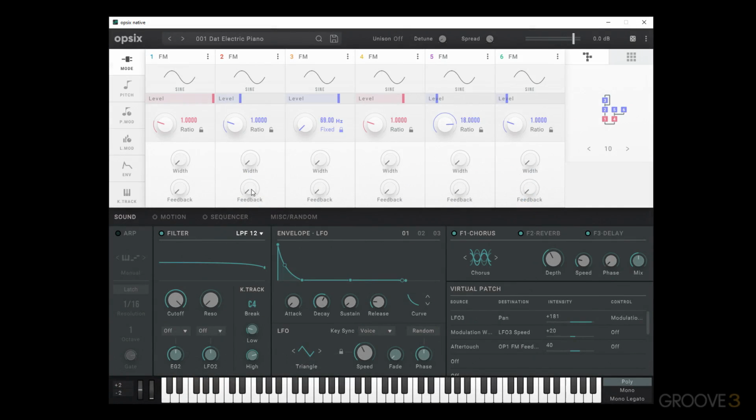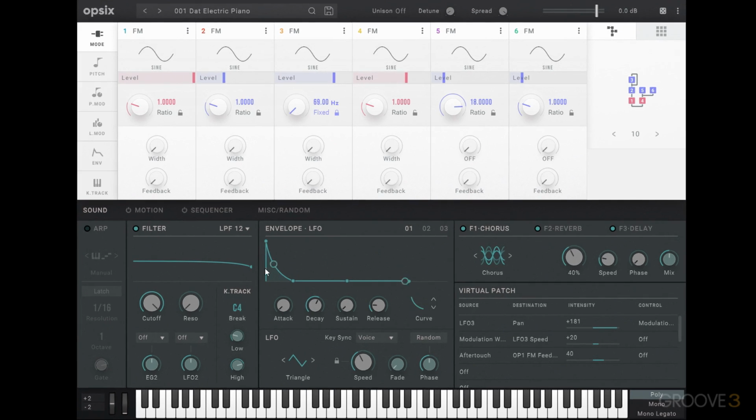So before we dig into each of the details of all the different sections here in the Opsix native, we're first just going to get an overview of everything that's going on from a broad perspective, so that we have a little bit of understanding of how these parts will fit together later, after we've seen each of them individually. So starting up at the top toolbar, we have the name on the left and then the